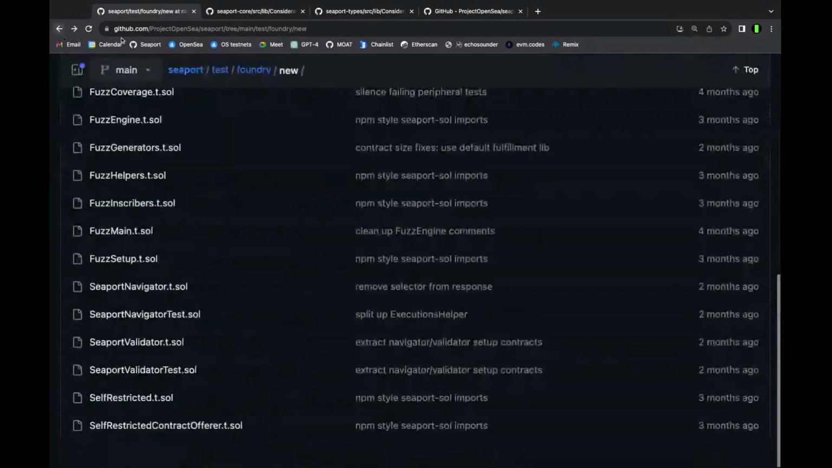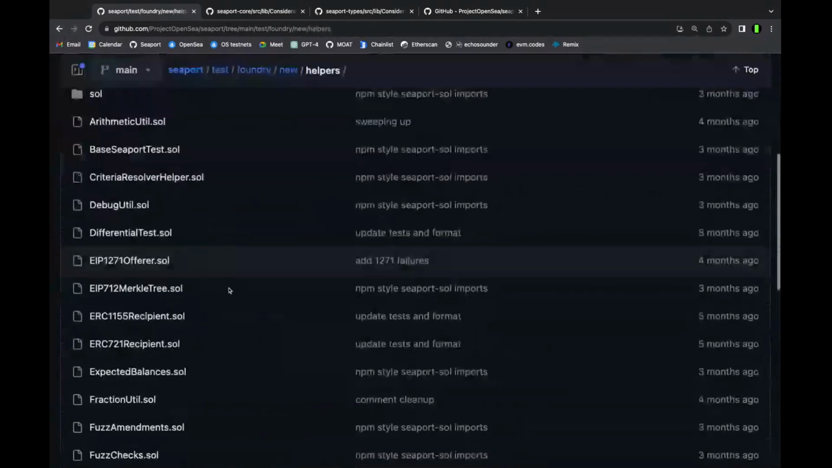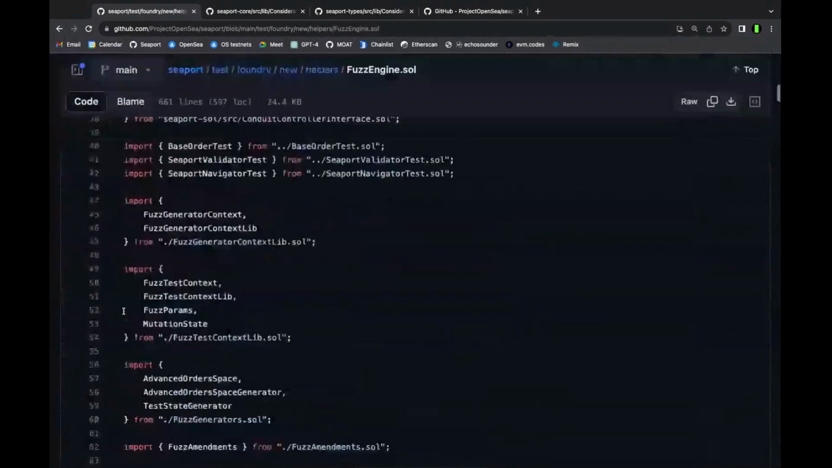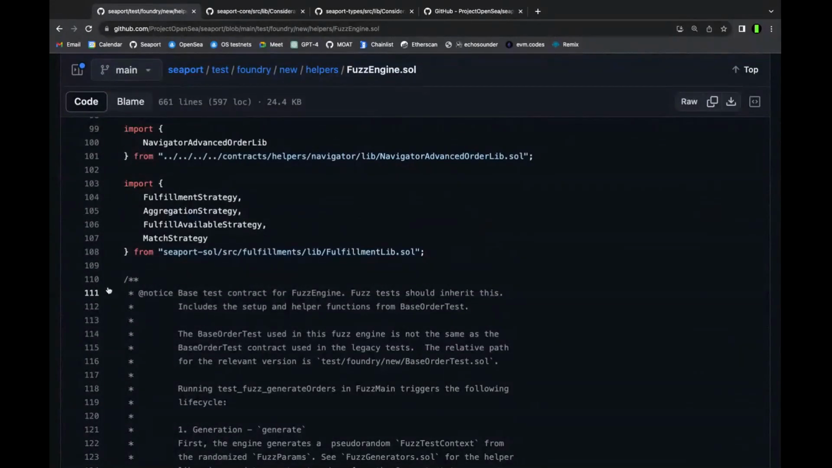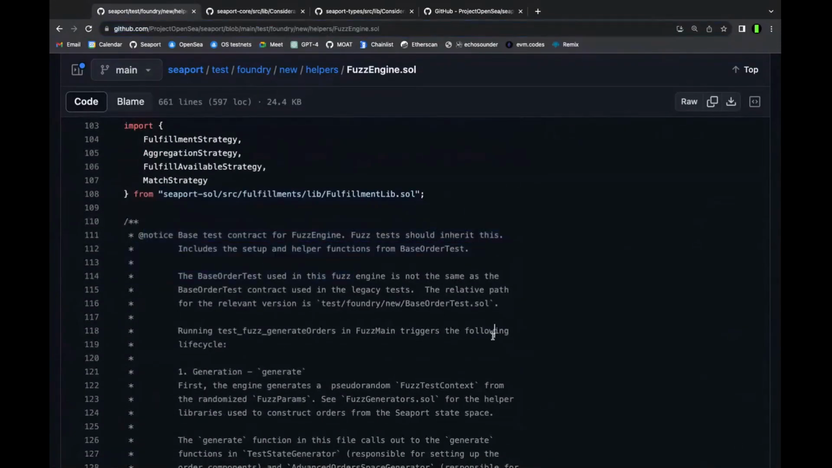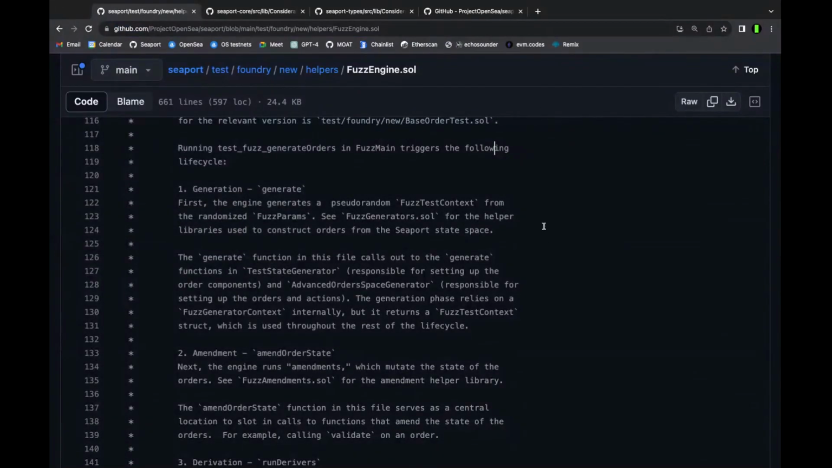Yes, indeed. So this is, let's see, a direct test for, they're all in helpers, I believe, or yeah. Okay. So this is a very useful description of everything, all the steps that are going down as part of this fuzz test framework, which we also